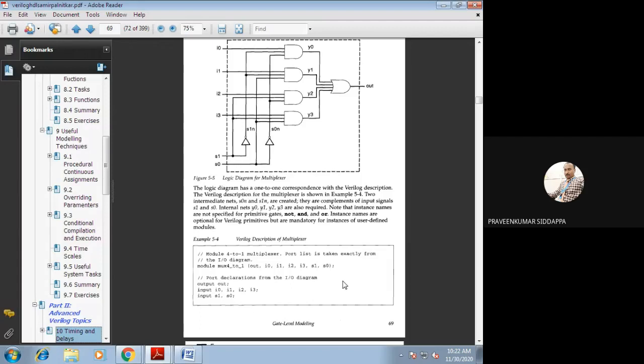Another instruction whenever we are writing the codes: whatever variables you have used in your designing part, the same variables we should use in your program also. Don't change the variables.